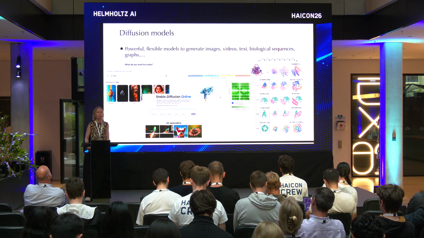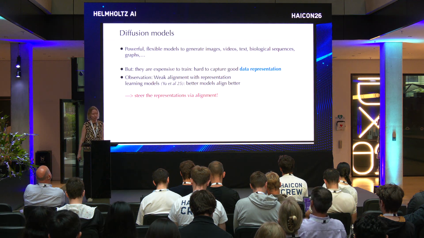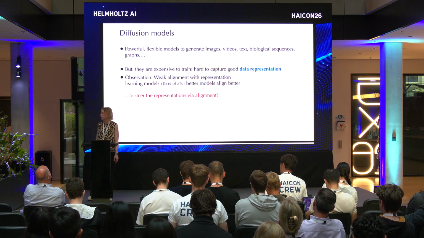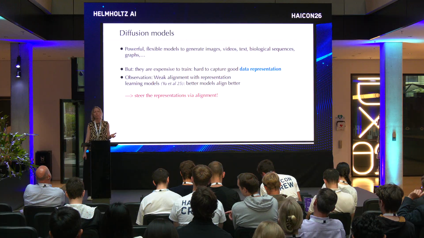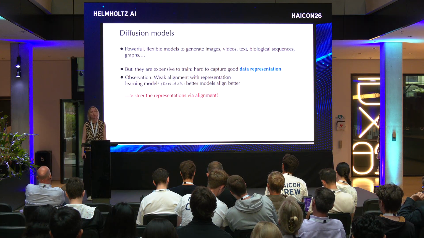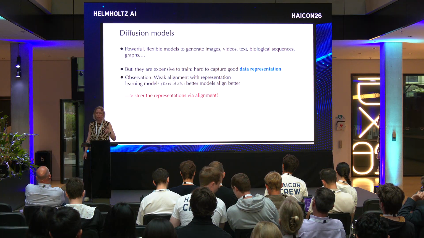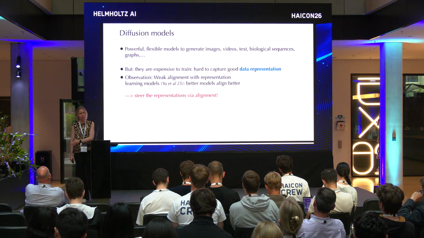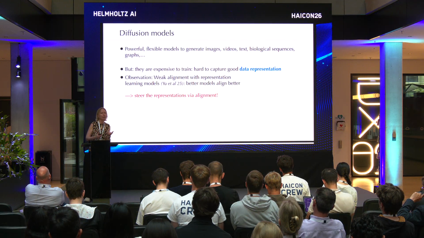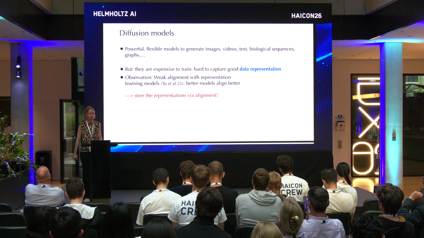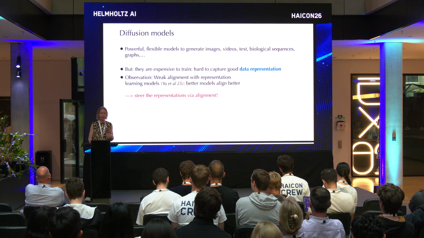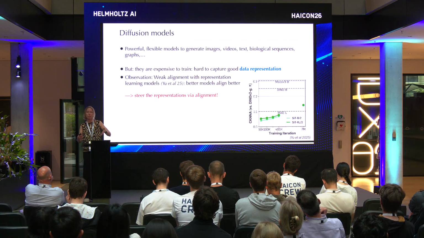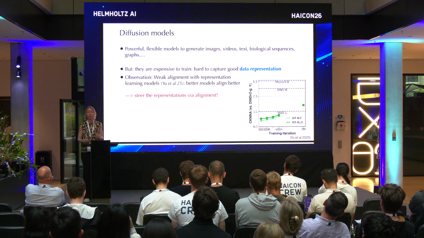They are very powerful, but they are also very expensive and difficult to train. It's very slow in training. One observation that people had is that they learn a representation of your data like other models do, and the quality of that representation correlates with the performance of the model. But the quality of the representation improves slowly. So this gives the idea that maybe we can help these models train faster if we help them with some regularization. We give them some guidance on what the representation should look like.